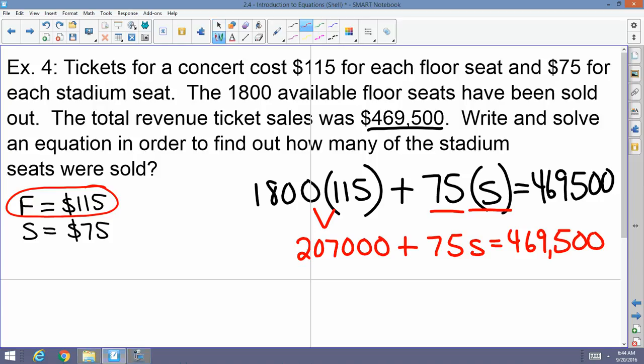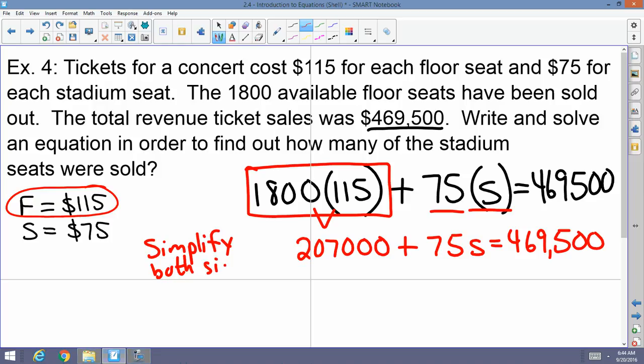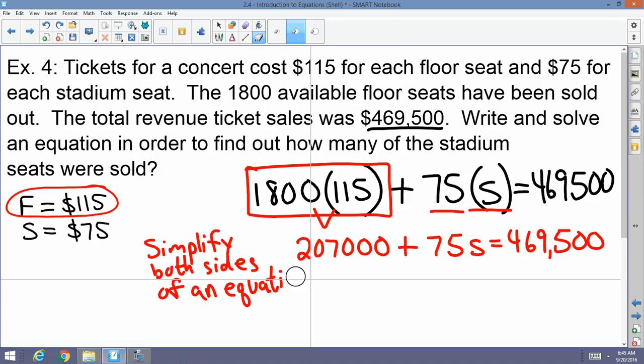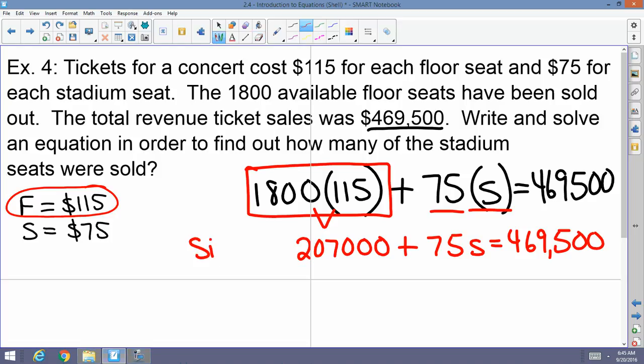You were able to perform this part right here because you can simplify both sides of an equation. Bam. That's why you were able to do that. In short, you could just say simplify. That is totally legal. In fact, that's probably how you're going to see it on SATs and ACTs. That first step was as easy as just saying simplify, because you're allowed to simplify both sides of the equation